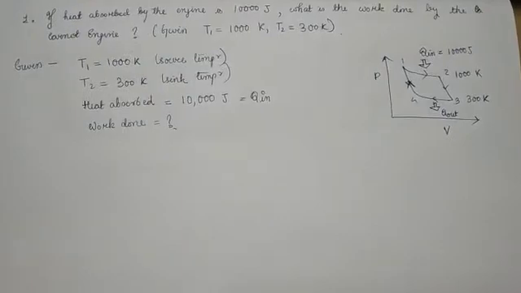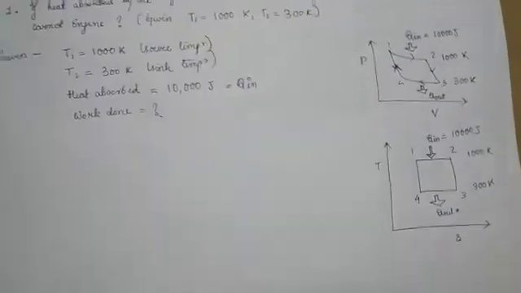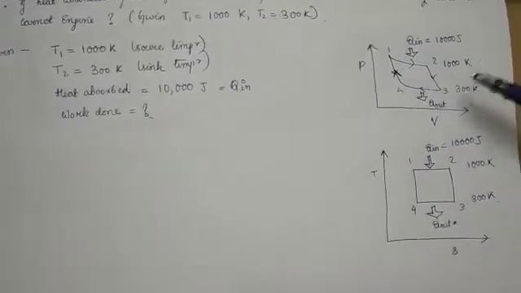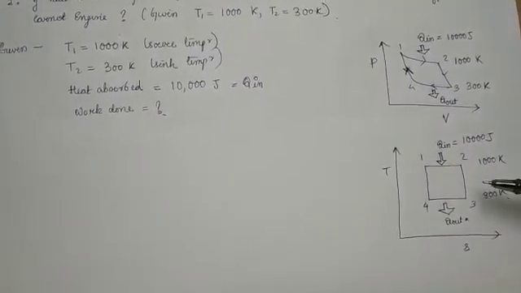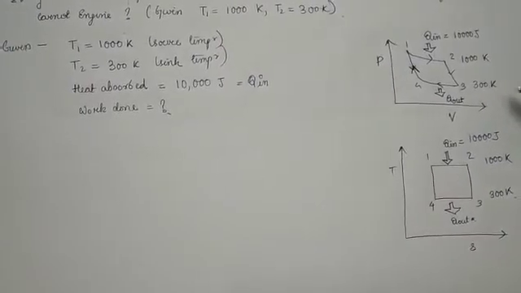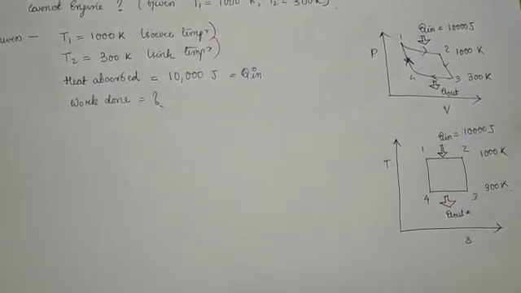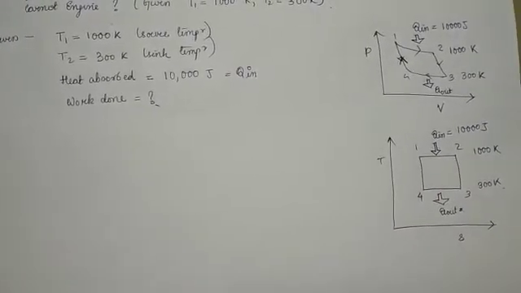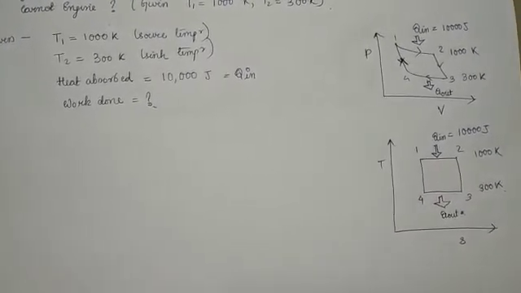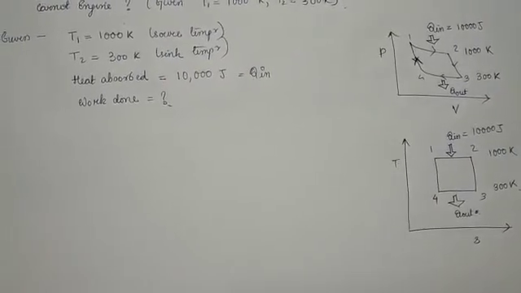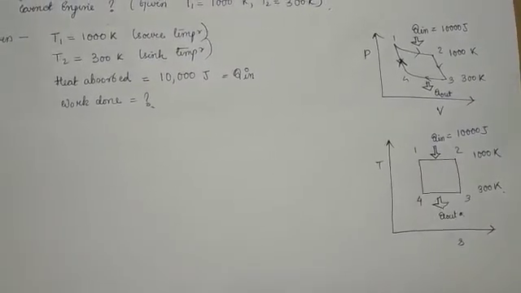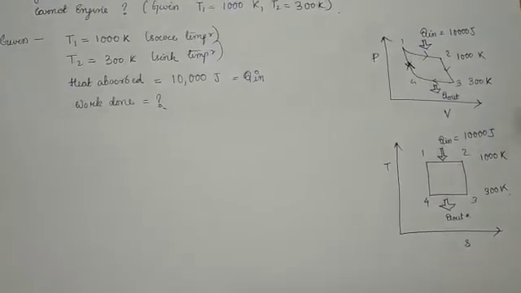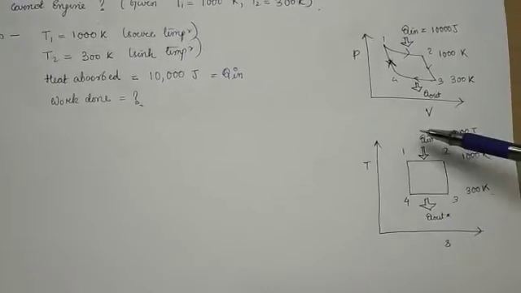So this is what it looks like when you do a PV diagram. Here I have also drawn a TS diagram. Now you can draw whichever you want, and if you can do it, you can even solve it without a diagram. But drawing a diagram will just help you. It's not necessary, but it will help you understand the problem better, especially complicated diagrams, complicated numericals. Carnot engine is simple, but if you look at the other questions that will come your way, they will kind of get harder.